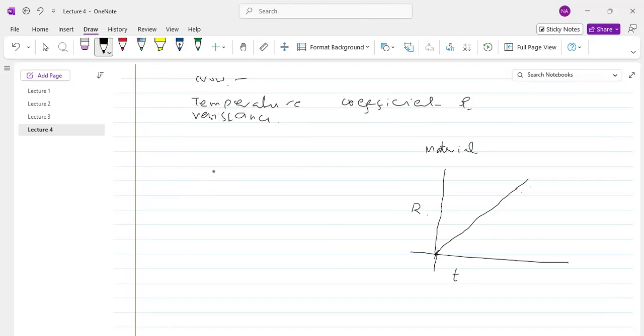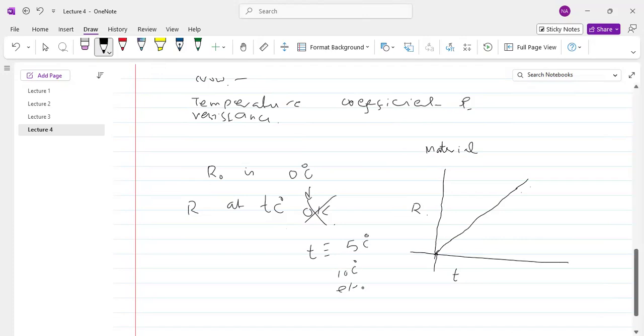Suppose R naught is the resistance of material at 0 degrees C. Here, not 0 Kelvin. Okay. And R is the resistance at T degrees C. T means any temperature, that is 5 degrees C, 10 degrees C, 100 degrees C, 500 degrees C, and like that, so on and so forth. Then,